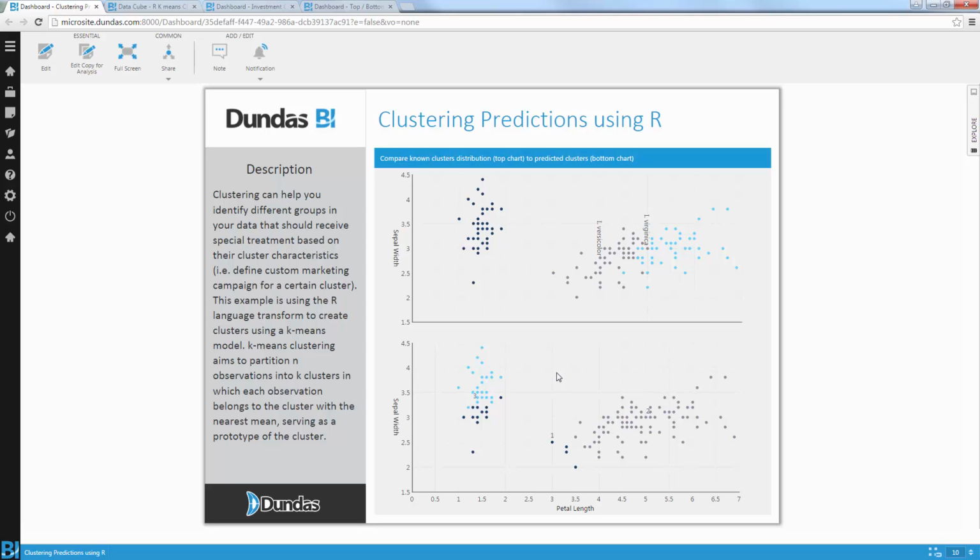So as you can see, R is very powerful. It gives you a lot of options to use advanced algorithms. As mentioned, in this case, it's for clustering. But you obviously need to make sure that you validate your data and you know how to use those different data models to properly predict and use those data analytics on your data sets.